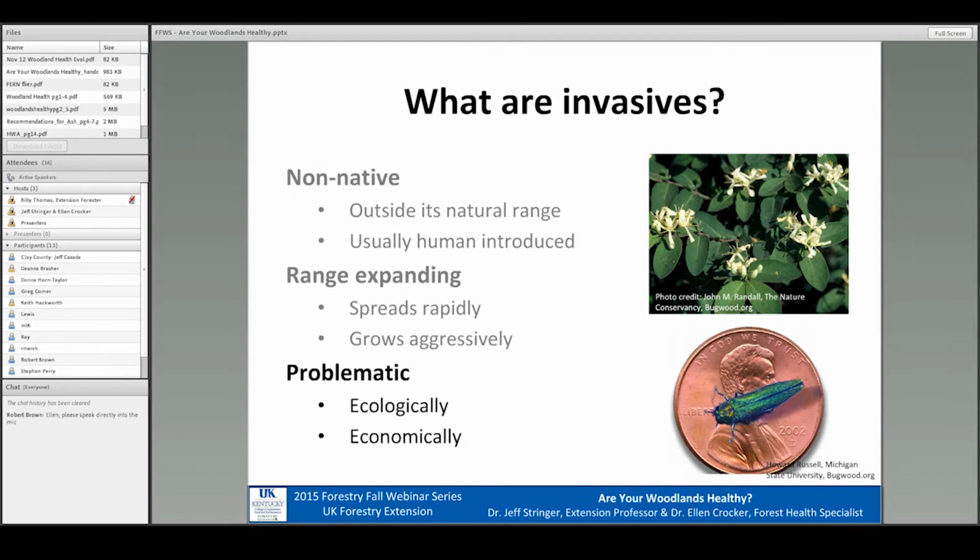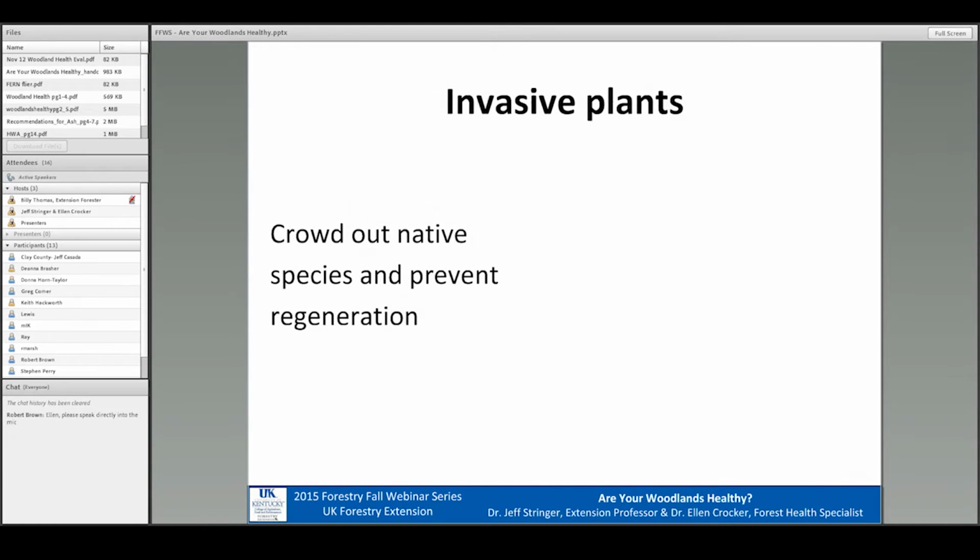While our native trees can tolerate disease and insects from the native range, some of these invasives have different approaches, different strategies. They can really do far more damage. So let's look at invasive plants. As Jeff mentioned, one of the big reasons that they're problematic in woodlands is that they crowd out native species